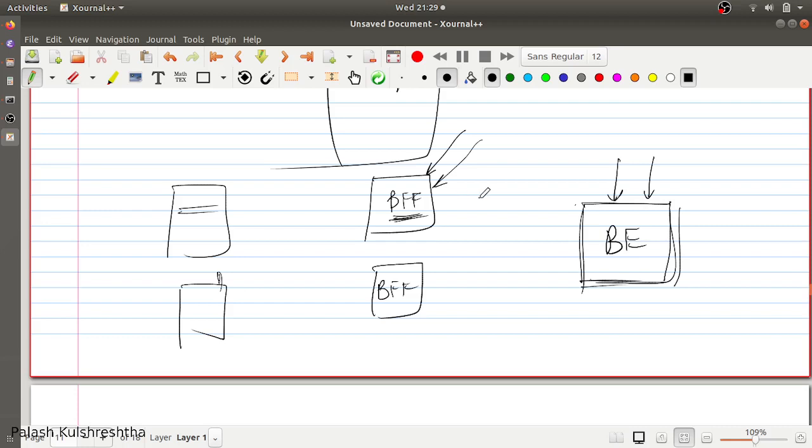Because segregation of responsibilities is very important to have a clean architecture design in your system. And if this is not properly followed, then it is going to create challenges in the form of technical debt. It can create challenges in the form of bad code, messy code.